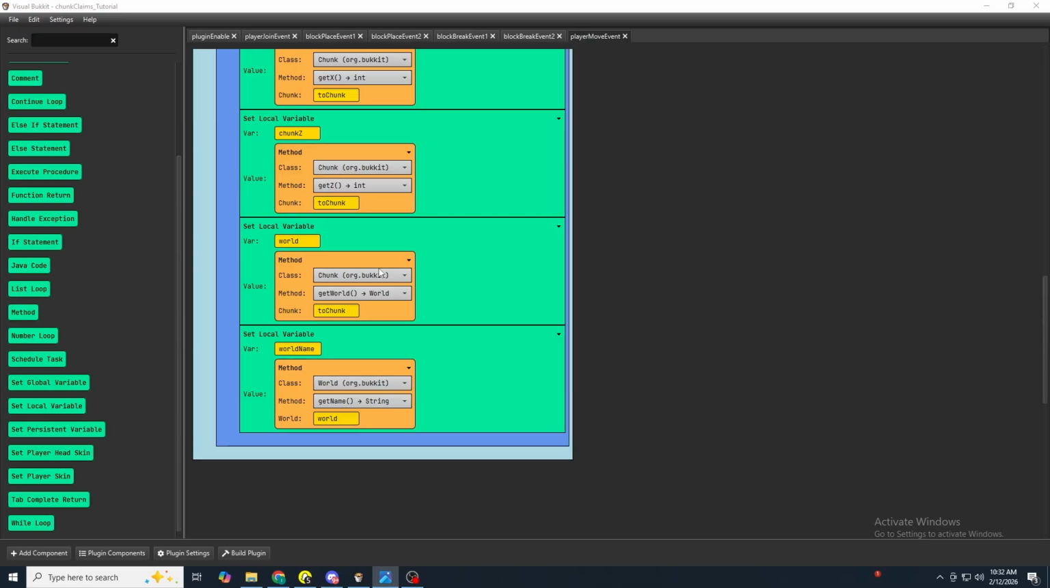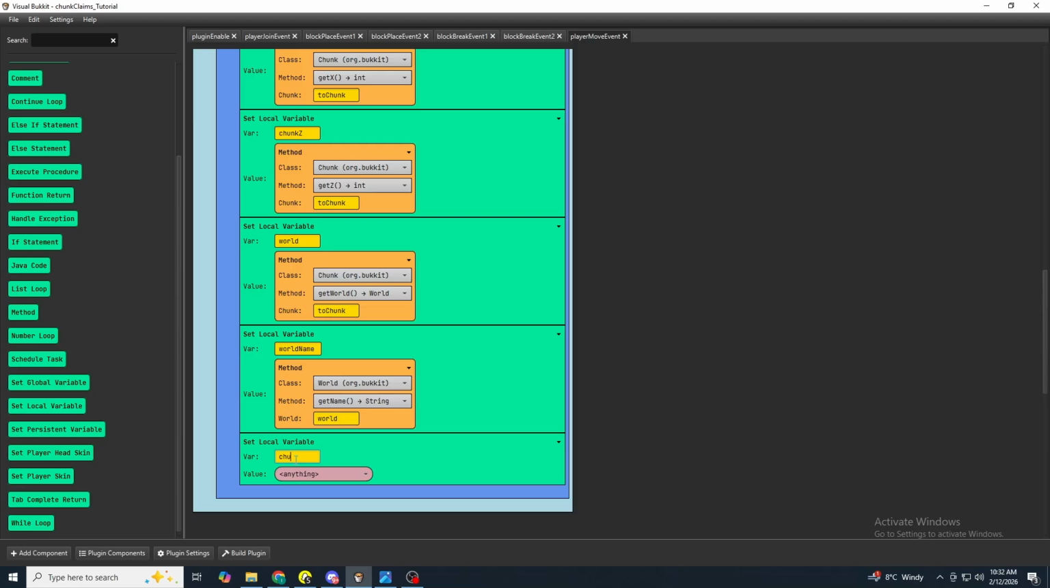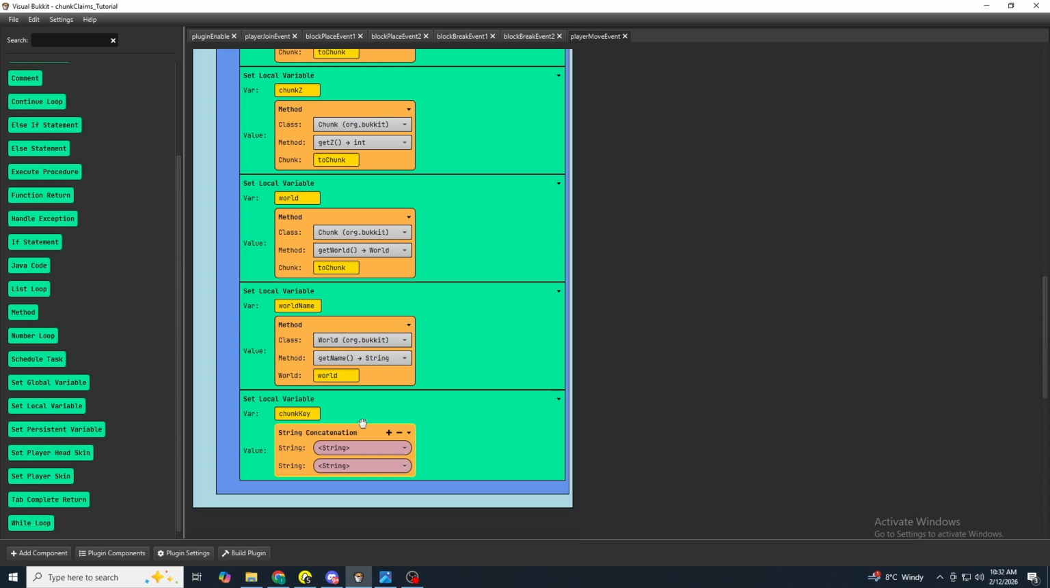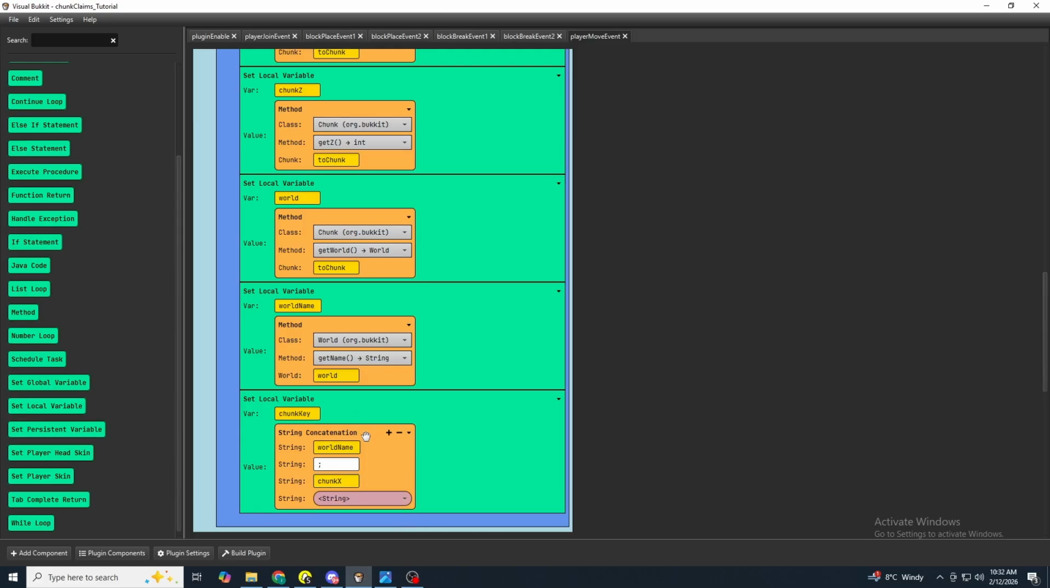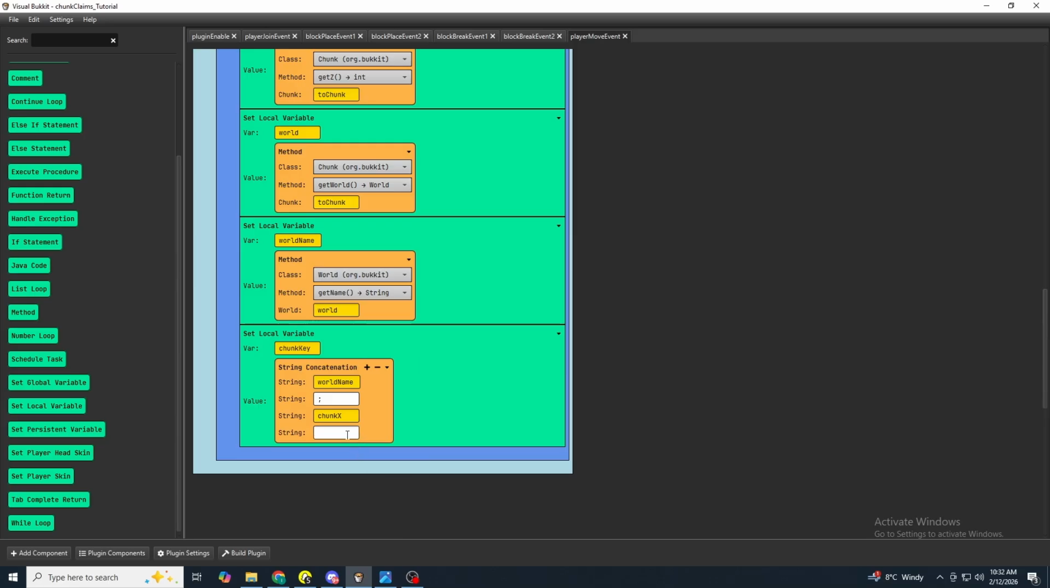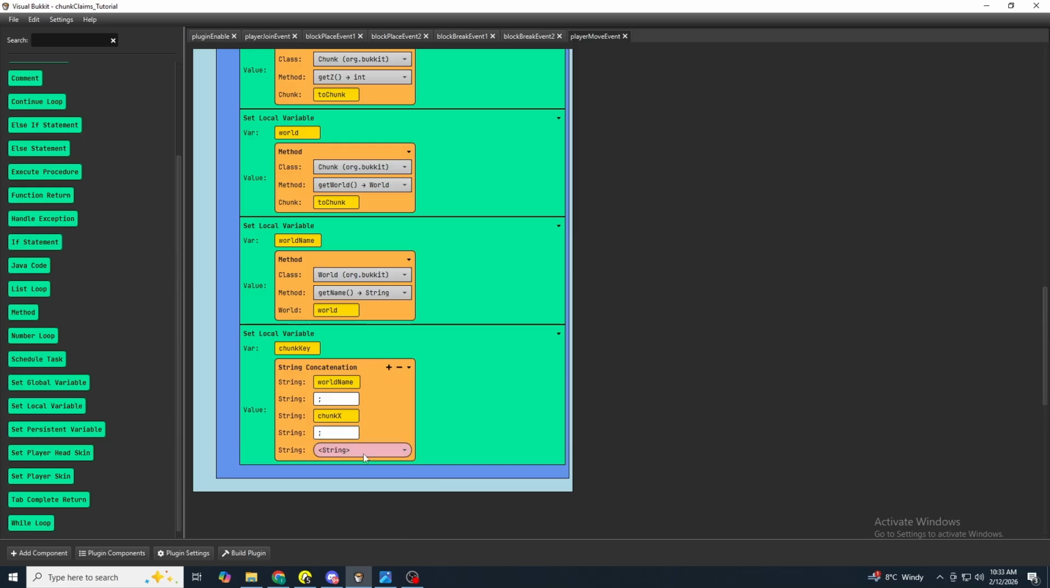And then we are going to make our chunk key again. So set local variable, chunk key, and string concatenation. Insert variable, world name. This will be a string of semicolon. Then insert a variable, chunk x. Another string, semicolon. And then our variable for chunk z. So chunk z. And then